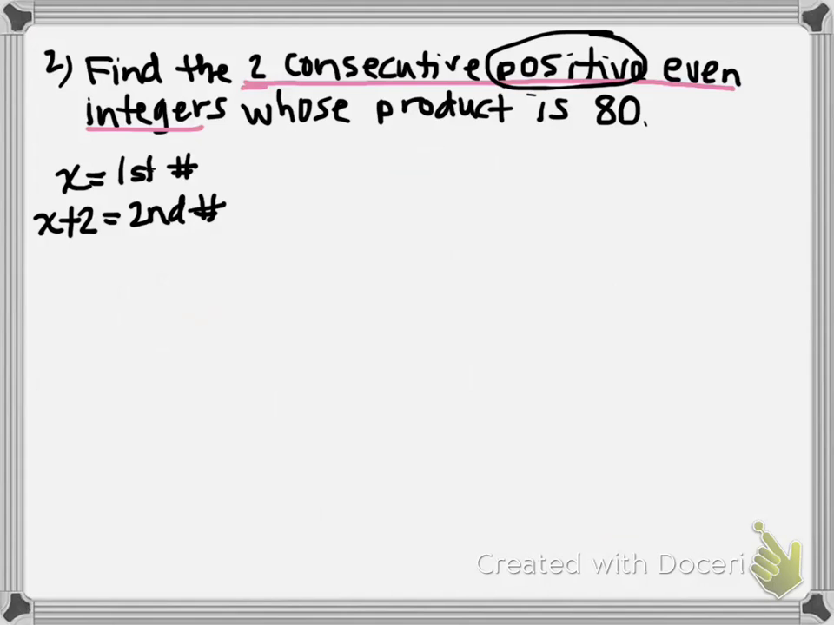So then it tells me about whose product. And product means the answer to a multiplication problem. Again, "is" is going to mean equals, and we all know what 80 is. So let's go ahead and translate. So two consecutive positive even integers whose product